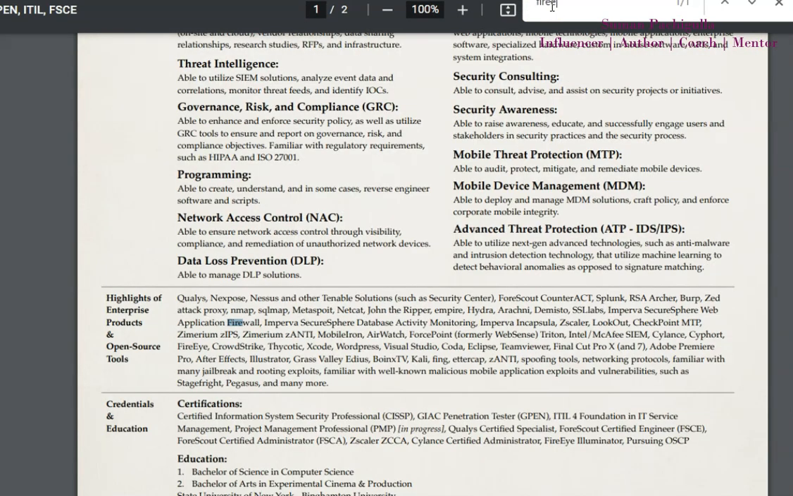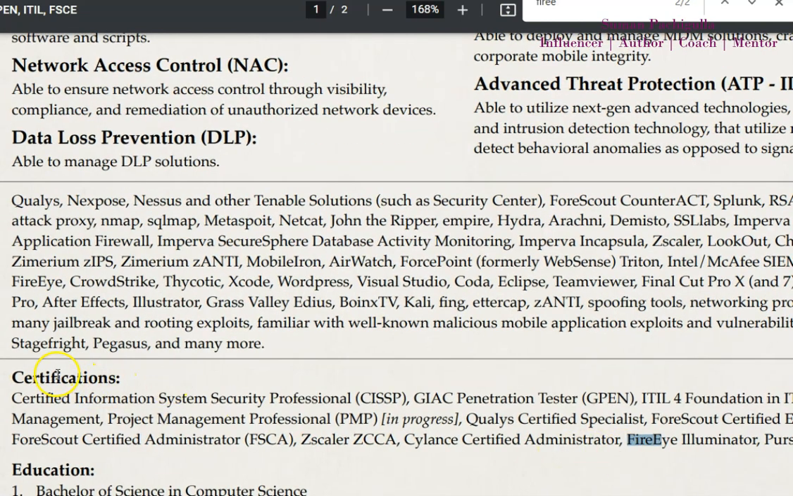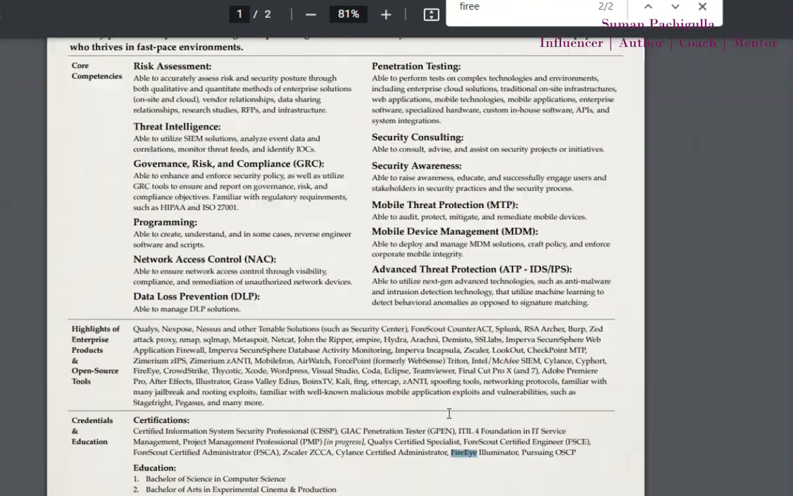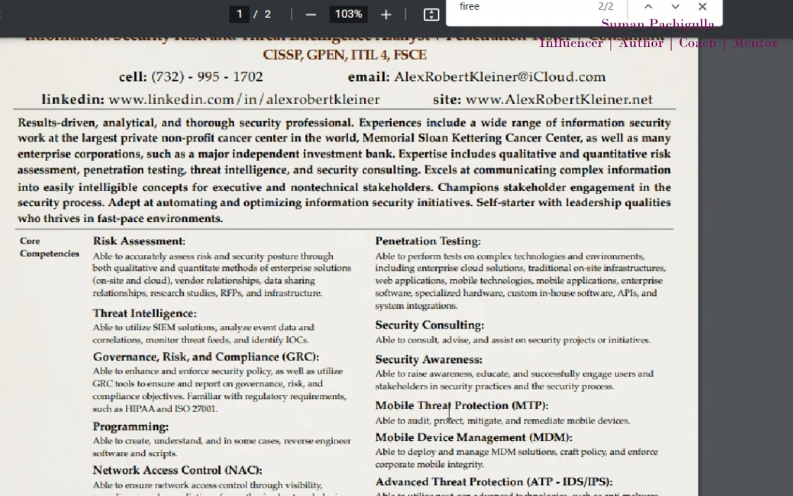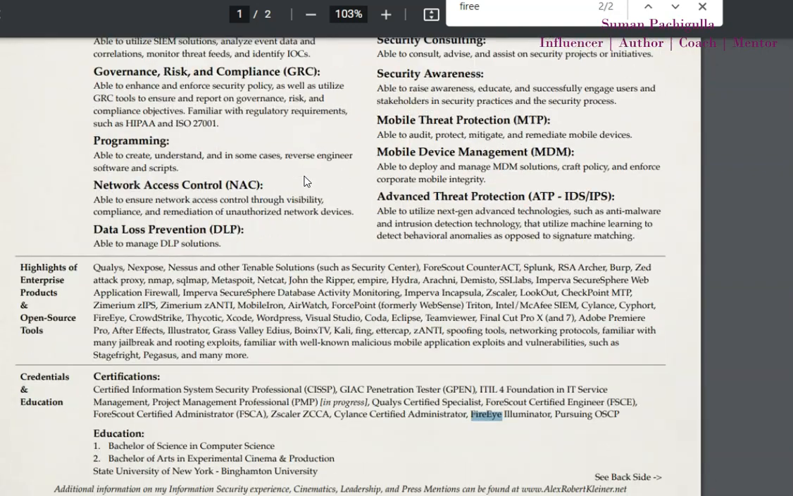FireEye is there once, and FireEye is there twice. Let me read it out. Okay, so here FireEye is here, right? Can you see this? Now this is in the certifications. See, CISSP, GISC, GP, and so many certifications this person has. At the same time, FireEye certifications, and this person has been working as a security person, information security,